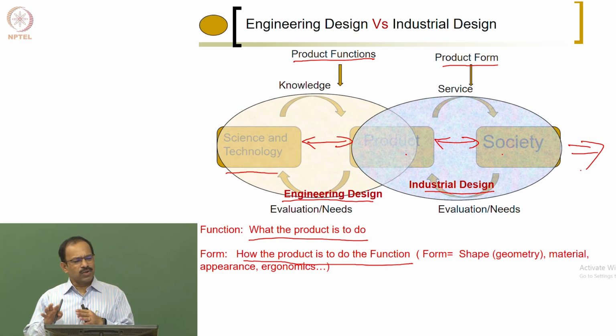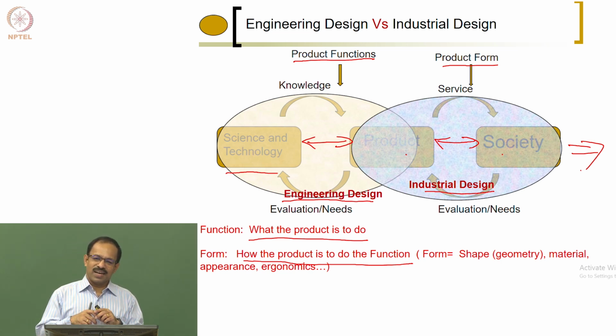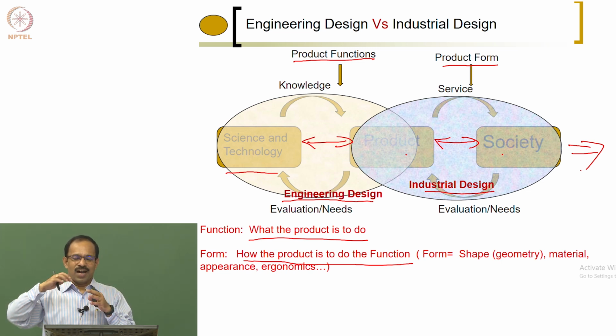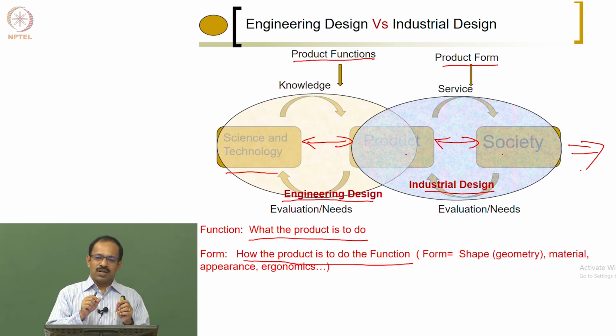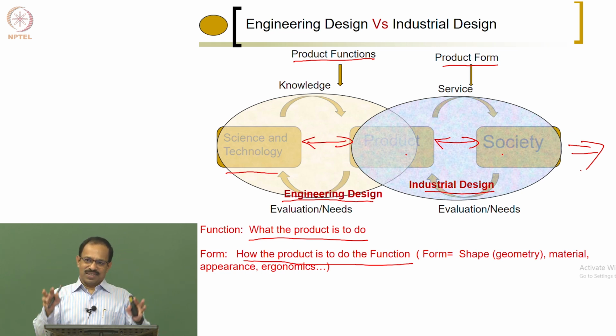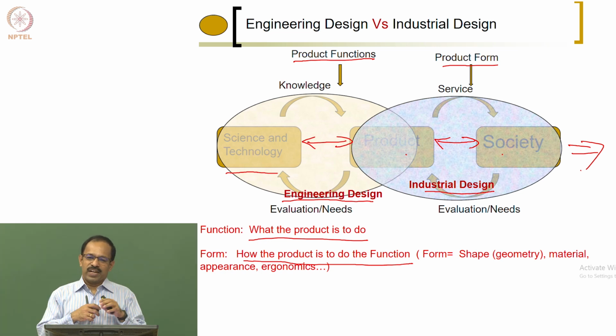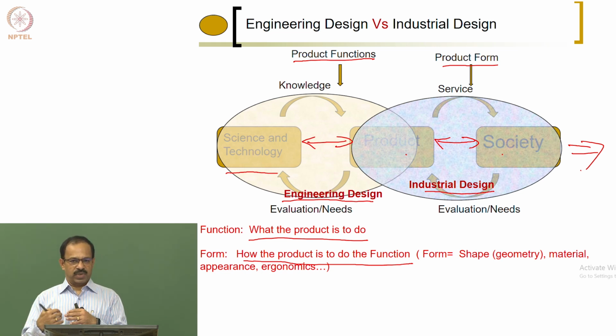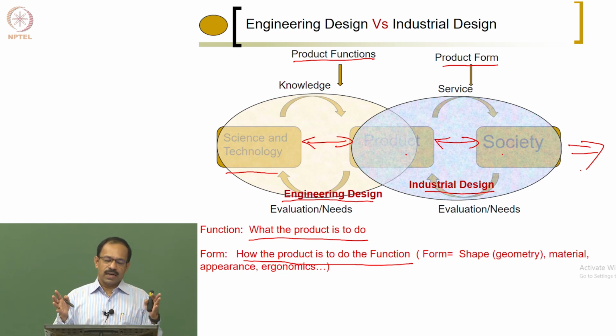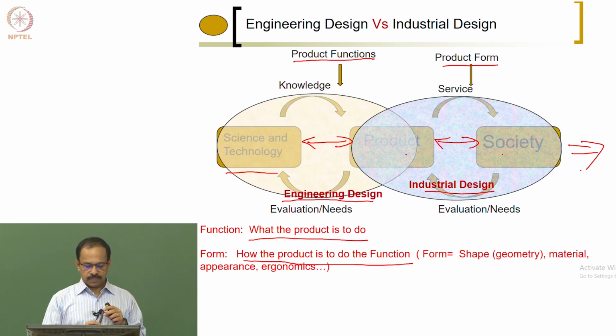And the industrial designers will look at the shape of the car, the color combination, how do we actually organize the dashboards, where do you keep your speedometer or your engine speed and all those things, and where do you provide the air conditioning vents. All those things are basically considered by the industrial designers, because that is more of user friendliness, acceptance of the customer. So this is where the combined acts of engineering designers and industrial designers come into play.